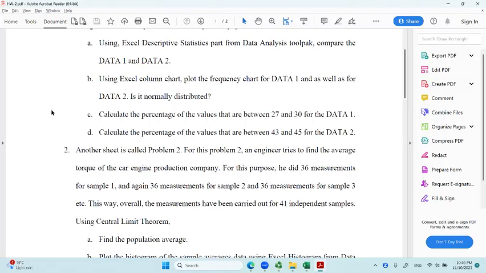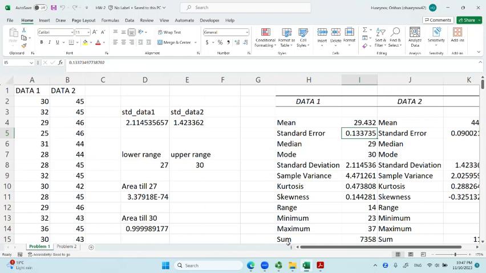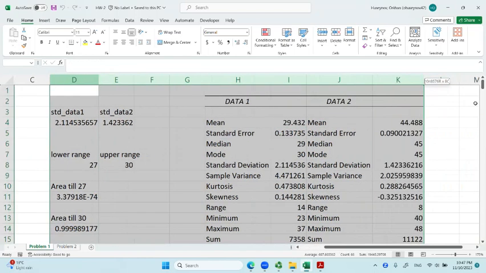So I am adding the 1b, which says to use the frequency chart for data 1 and data 2, and it asks: is it normally distributed? So I will do it for data 1, and then data 2 follows a similar procedure. So let me just go here, then delete